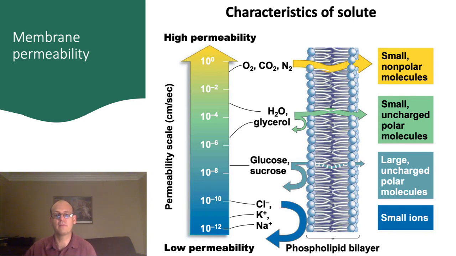As molecules pass through the membrane, they must pass through the hydrophobic region. In order to do that, they need to be hydrophobic themselves. Hydrophilic molecules will tend not to cross through the membrane because they'll be attracted to the water on either side of the membrane. Because the water can't enter the membrane, the hydrophilic solutes will also tend not to enter. Therefore, we expect that as the charge or polarity on the solute increases, the chance that it will pass through the membrane decreases. We therefore expect to see nonpolar molecules moving through the membrane more quickly than charged molecules, or especially much faster than ions.